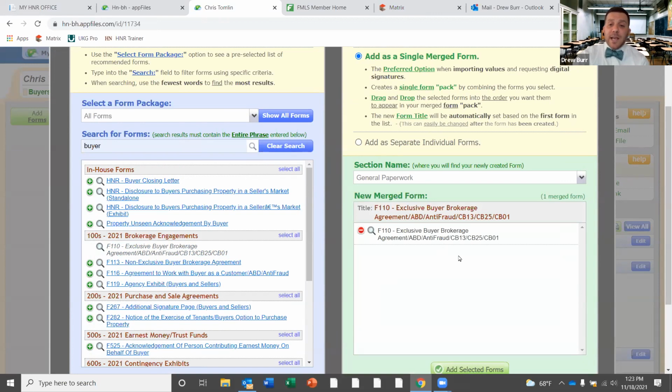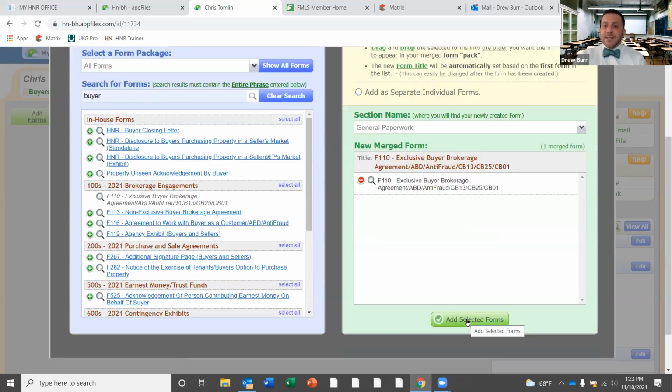If you click on it, it gets added over to the right side to be an added form to my app files. Now, if you add two documents at the same time, they will temporarily be merged together. And I'll show an example of that in a second. So I'm going to click on the green button down here that says add selected form to my app files folder. Now, if it doesn't immediately go in, it's probably going to prompt you to put in your GAR